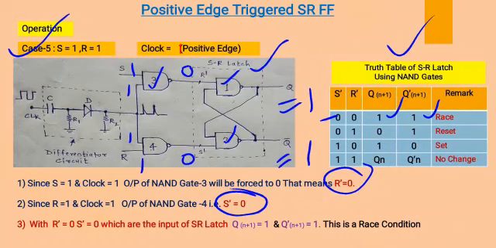So if you observe here that Q is also 1 and Q complement is also 1, which is not an acceptable condition for the flip-flop, meaning both the outputs of the flip-flop should be complements of each other. Therefore we cannot consider this kind of output, which we have to avoid. This condition is called a race condition, which is an indeterminate state, or can be called an invalid state, as both are going to become the same. So we are going to avoid this condition as the outputs are going into an indeterminate state.